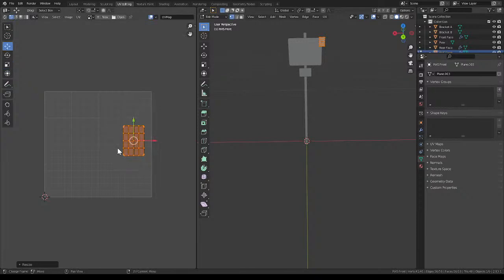Just need to resize it a little bit more just so it fits. Cool. So then everything else